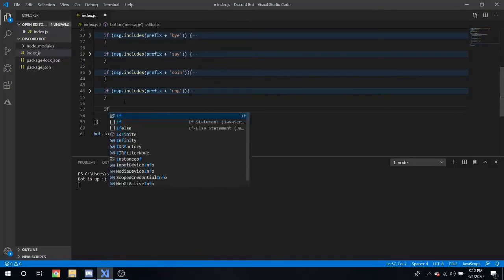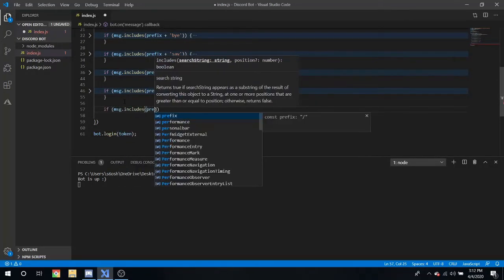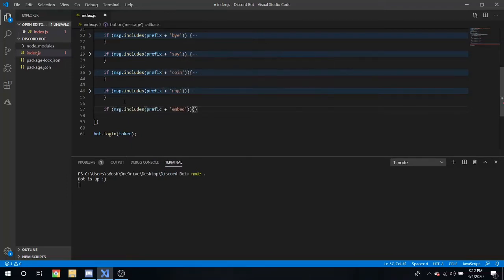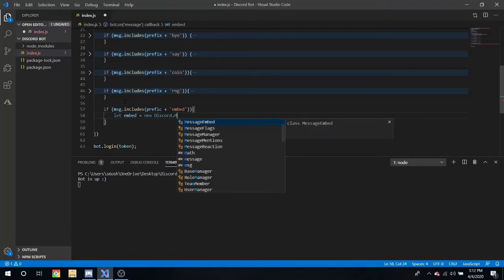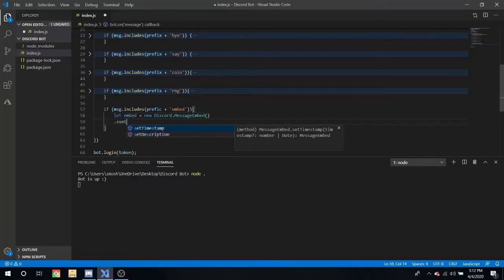At the beginning of this video, you heard me talk about embeds. What is an embed? Well, I'll show you. If msg.includes prefix plus embed. We're going to define an embed. Let embed equal new Discord.MessageEmbed. Right there. And make sure you have that there. And then here we'll set